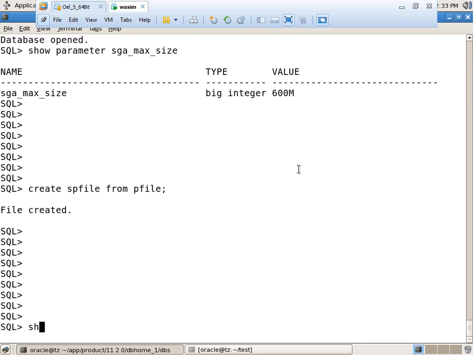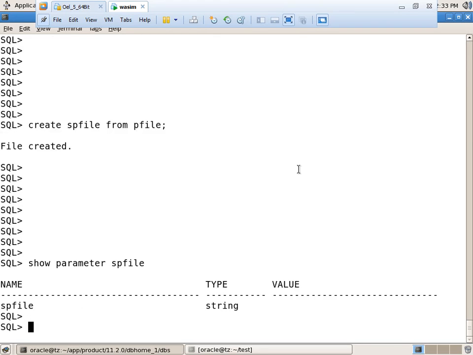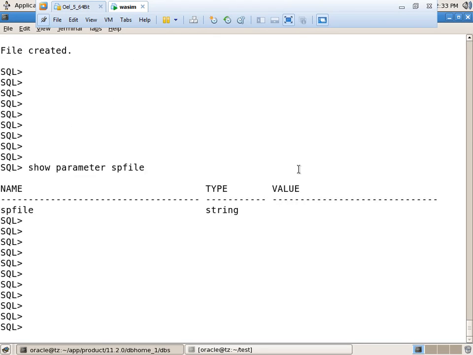I am checking which file our instance is started through. P file, right? Once we bounce back, the instance will start with which file? Because two files are there, right? Oracle always prefers the binary file. That's why I am bouncing back.